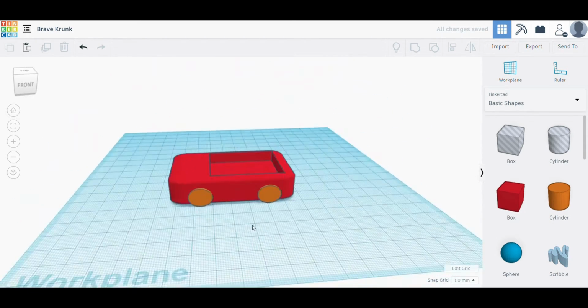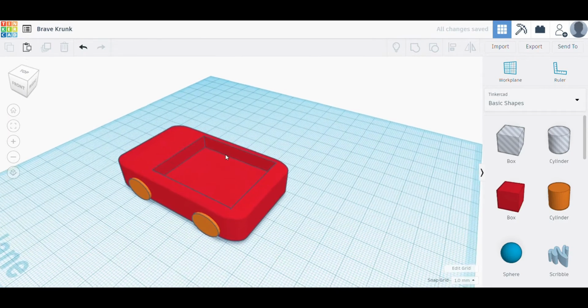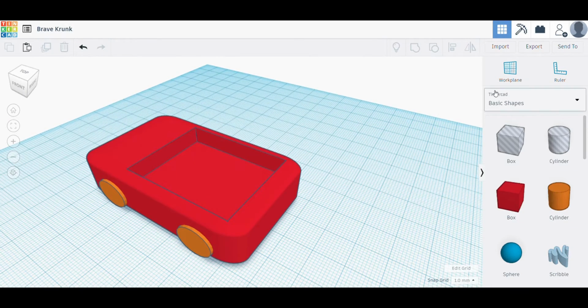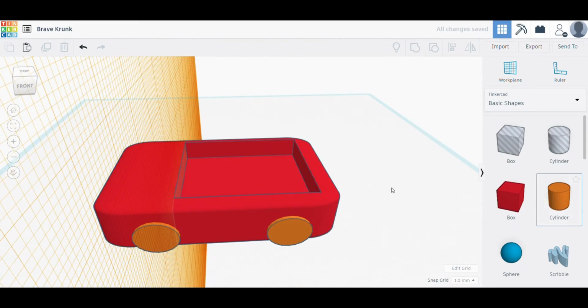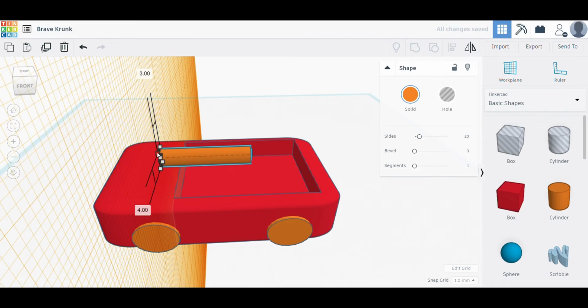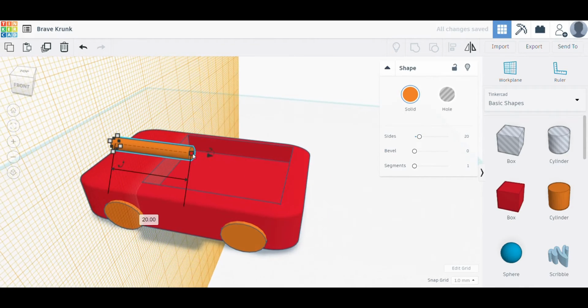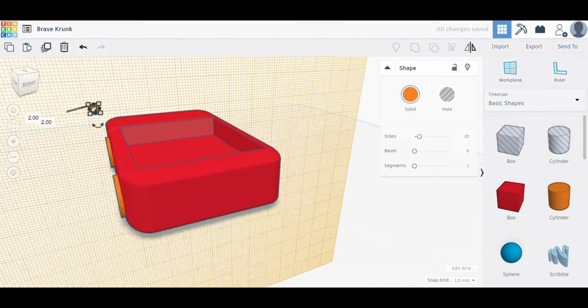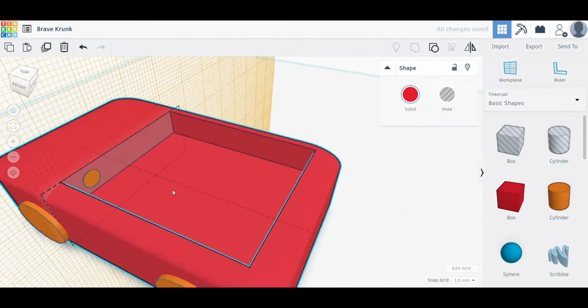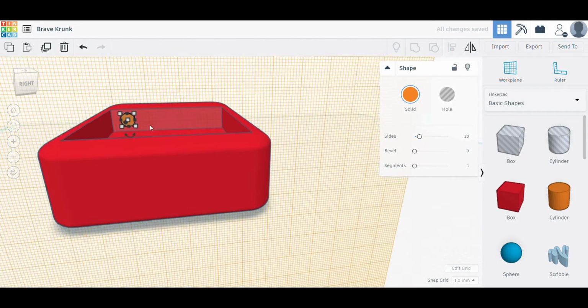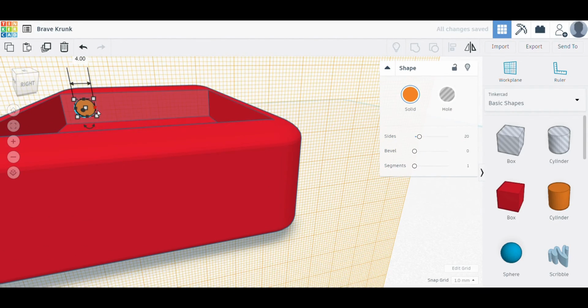And after adjusting the wheel, now it's time to start our work for our interior decoration, that is our steering wheel and some consoles. For that we will be quickly dragging a work plane vertically out here, and then we will drag one cylinder, and in the cylinder we will be reducing its size so that it looks like a steering wheel.